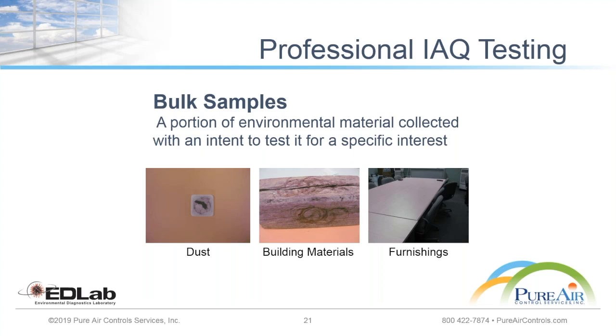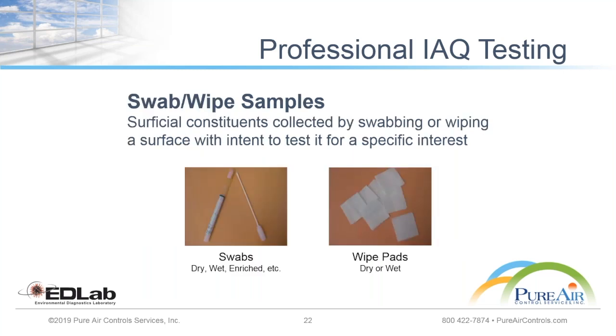Then these professionals go with their various tools and instruments and start collecting samples. For example, they may collect a bulk sample, which is either a gram of dust or some kind of wooden plank or office stationery, various furniture, etc. They can collect the sample from there. They can also take a swab sample, which is basically where they select the complaint area, swab it, and collect that as a swab sample.